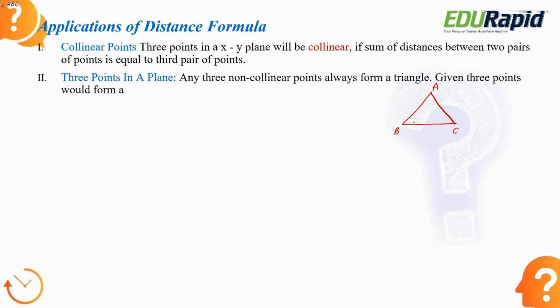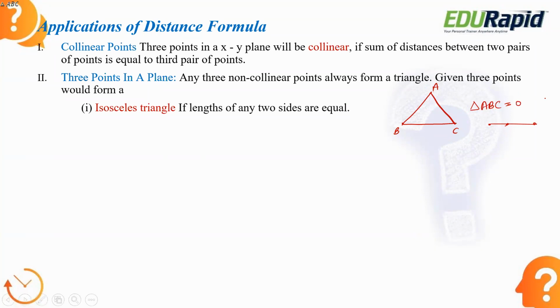So when do you say that they are collinear? For this also, you have a condition that comes when you find the area of a triangle. I hope you already know that. When the area of triangle ABC is equal to 0, you can say that ABC are collinear because they are on the same straight line. When the area becomes 0, that means the triangle is not formed, right? So if you have to prove that the points are collinear, then you have to find that the area of the triangle is equal to 0.